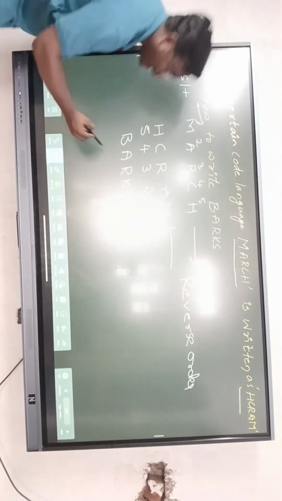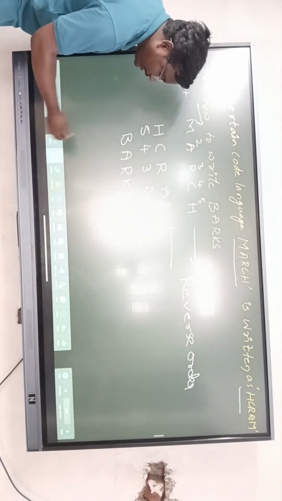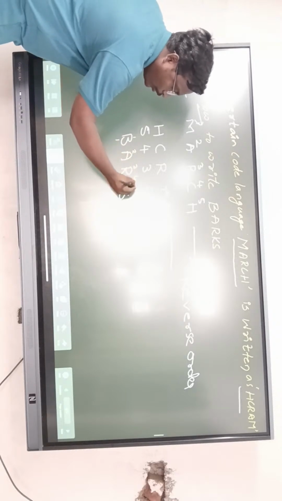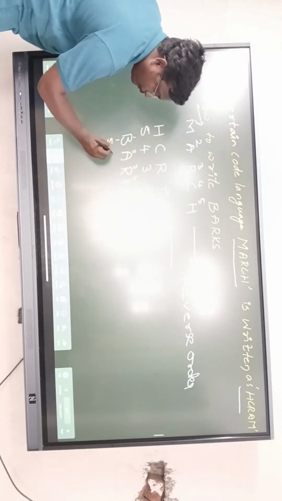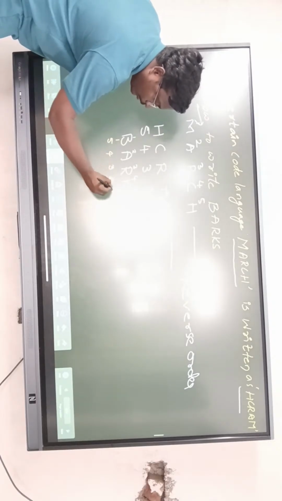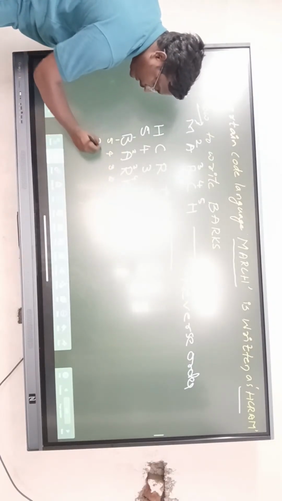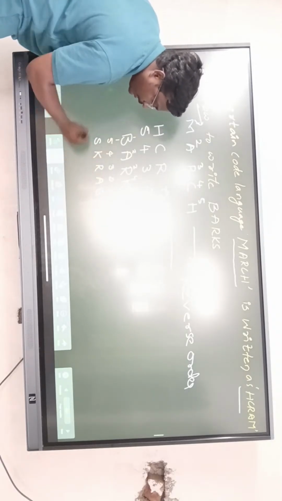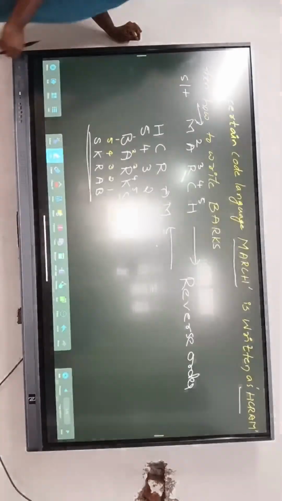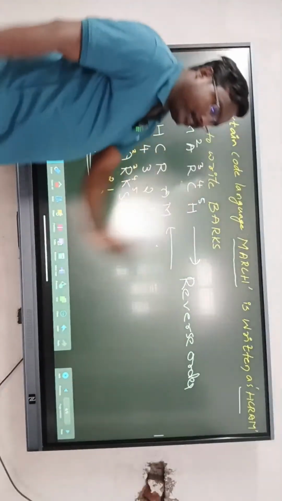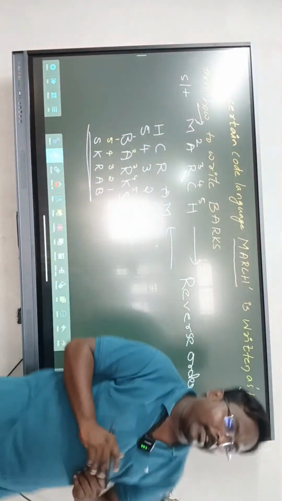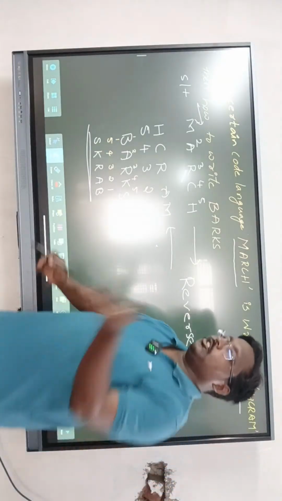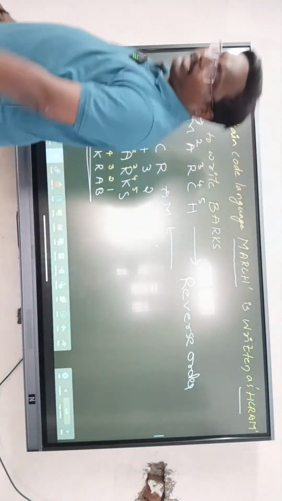What is the reverse order we will get? First we need to give the numbers. If you are confused, you can give the numbers. 1, 2, 3, 4, 5. So what reverse will you get? 5, 4, 3, 2, 1. Say the answer here. K R A B S. This is the only answer. So the first thing is an interchanging pattern. Second one is reversing order. So you may get different patterns.